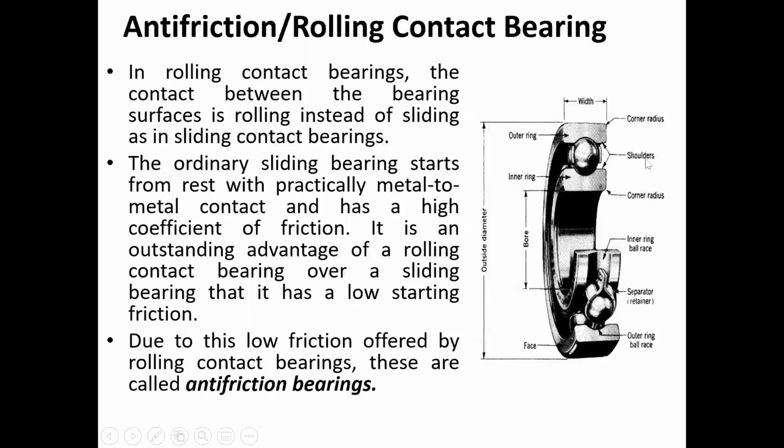Second part is the inner race. This is the part which, in most of the cases, carries the shaft. There is a solid shaft, and this inner race carries this solid shaft. Okay, in some of the cases, when we make the outer race rotating, the outer part is rotating, and when the shaft is hollow you can mount the outer race on the shaft.